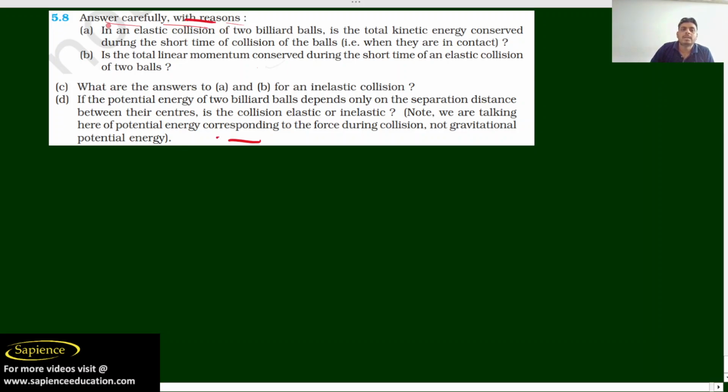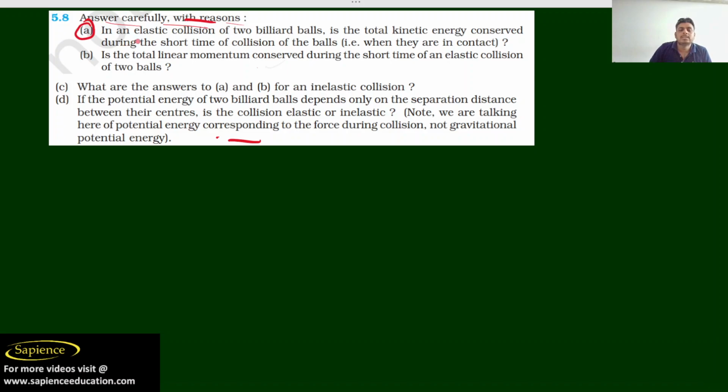The first question is: in an elastic collision of two billiard balls, is the total kinetic energy conserved during the short time of the collision, that is, when they are in contact? So first of all,